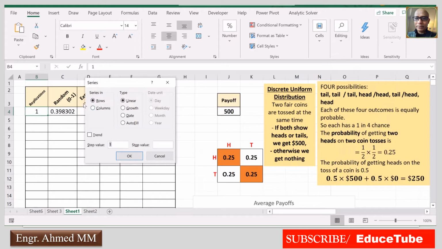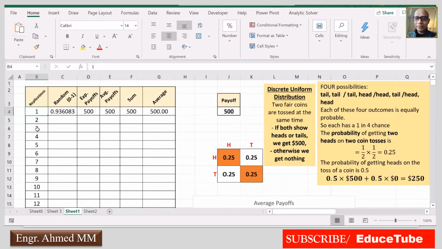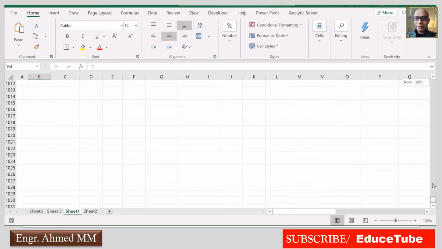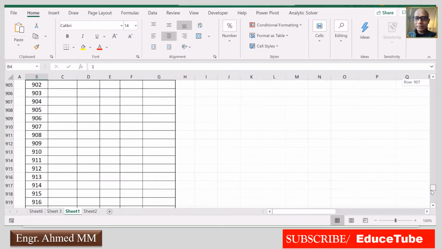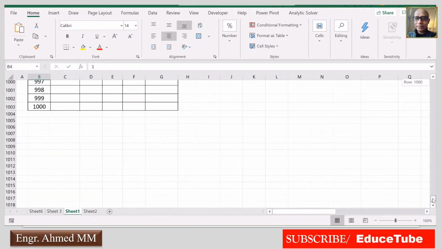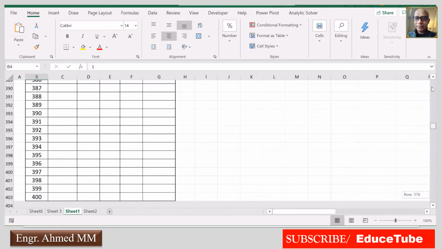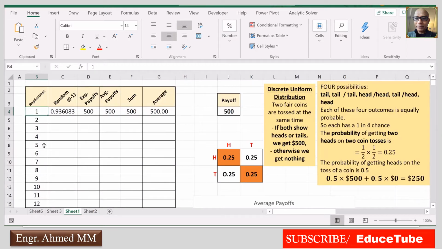This is a column, so I have to select column, and my requirement is up to 1000, so I put here 1000. Now if I press OK, this whole 1000 numbers will be generated. See, all are generated. If we go up to 1000, we'll see it is already generated. So 1000 numbers are generated.